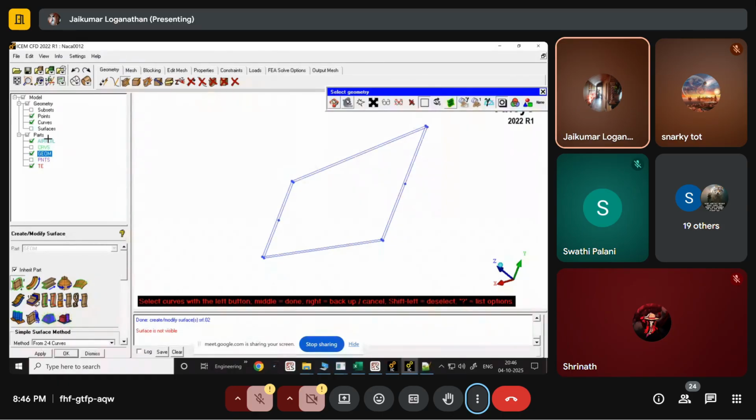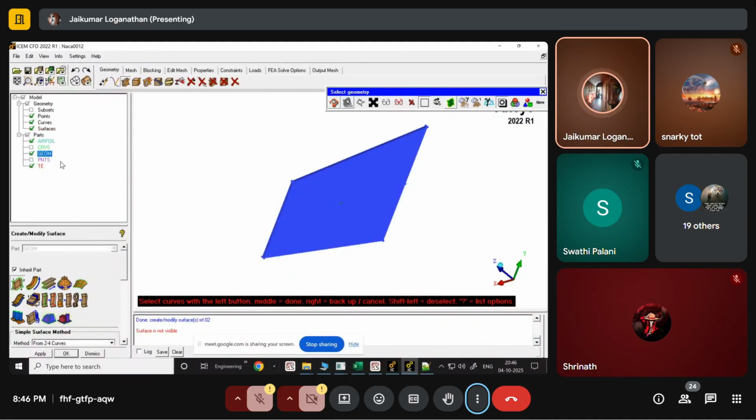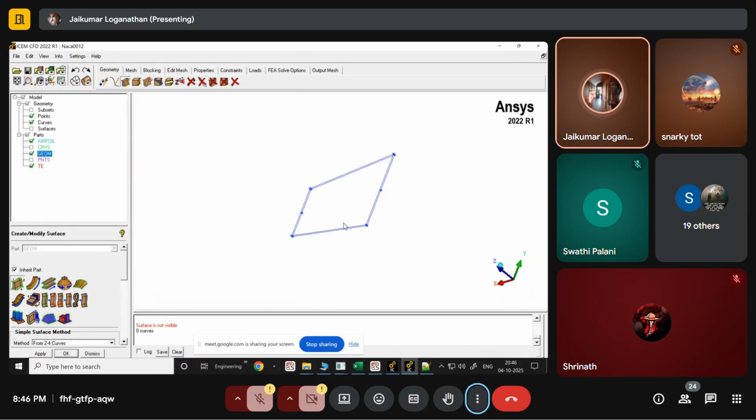So you will see like this side face is created, right? Let me switch it off or put it like this. Switch off the surface. I can create the other side face now by selecting those four curves: 1, 2, 3, and 4. Yes. Okay. So now we created